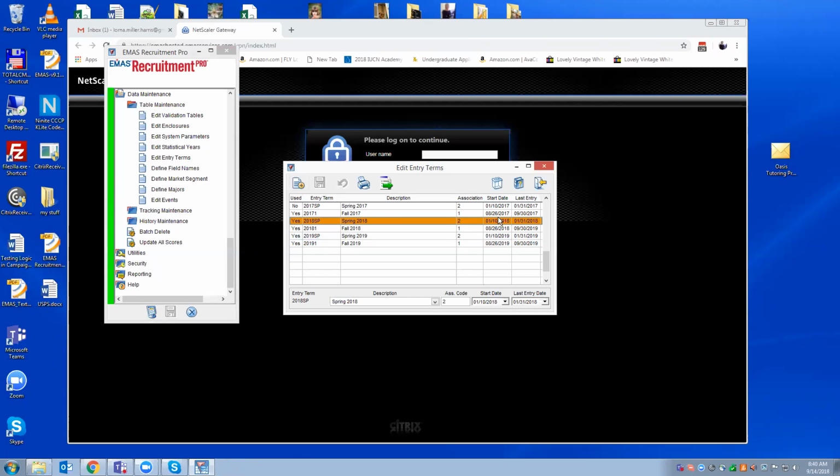And I'd actually recommend that you follow the same pattern on the start and last entry date too. They're not hard and fast, but the comparison reports will compare better if you use the same date as you see in this setup.